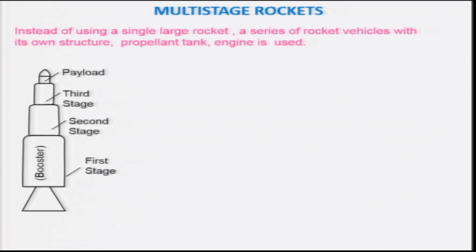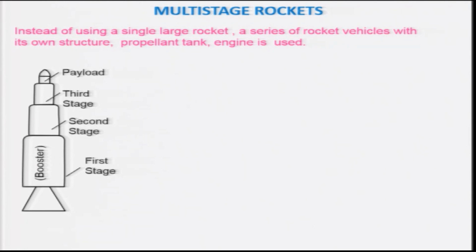And once the propellant is consumed in a particular stage, then the rocket vehicle of the first stage, which includes the structure and also the propellant tank, is discarded or dropped, so that you can gain certain velocity for the next stage. So, let us consider a schematic of a